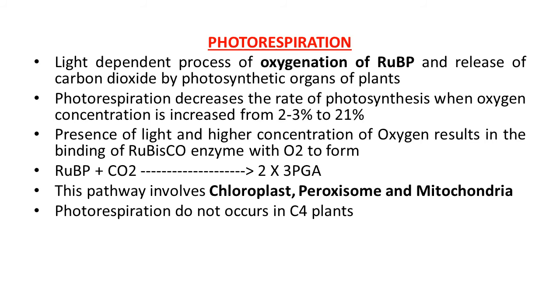This binding is competitive. It is the relative concentration of O2 and CO2 that determines which of the two will bind to the enzyme. That is interesting here. In C3 plants, some O2 does bind to Rubisco, and hence CO2 fixation is decreased. Here the RuBP, instead of being converted to 2 molecules of PGA, binds with O2 to form 1 molecule of phosphoglycerate, and this is a pathway called the photorespiration pathway.